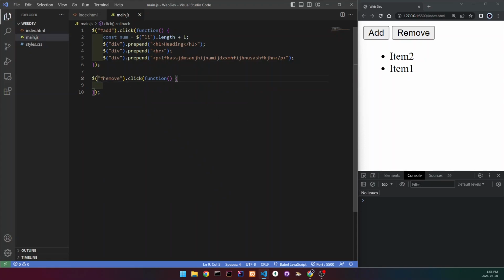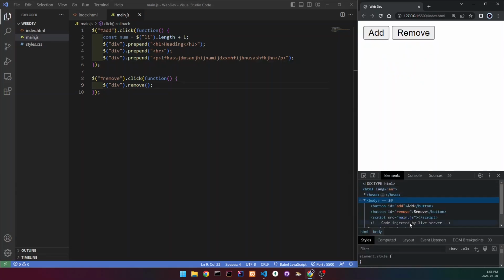Now all that we need to do is remove the div from the body, which is not going to be too hard. So we first need to select the div, and all that we need to do is use the remove method. And this is what it looks like. So we're just going to remove here with the round brackets, and that's it. So right now, if we click on remove, then we can see our UL disappear because it was in that